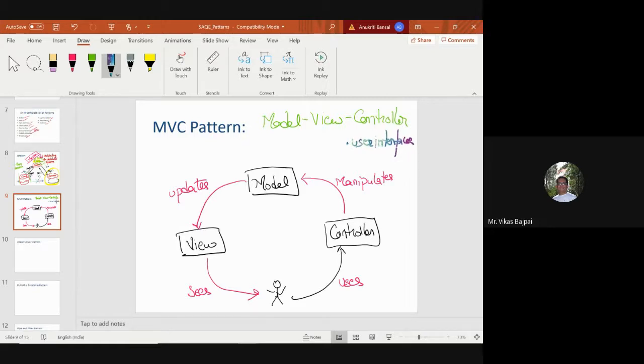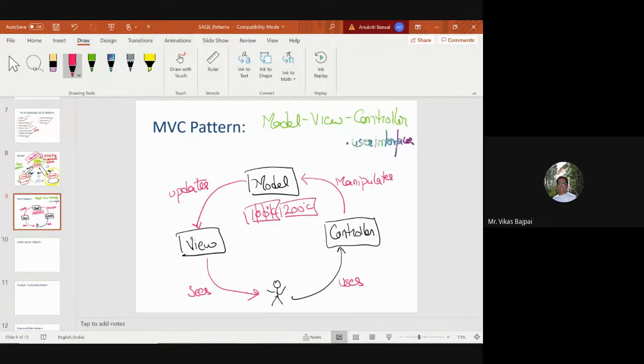So that would divide the related program logic into three components, which is your MVC, and this is done in order to separate the internal representation of the information from the way it is being presented. So in that case, let's take one example, right? Because we have seen this mobile application, web application, right? There is, let's say, a website which displays the temperature, right? So temperature is displayed digitally, let's say 100 degrees centigrade or 200 degrees centigrade. So that's how it is being displayed.